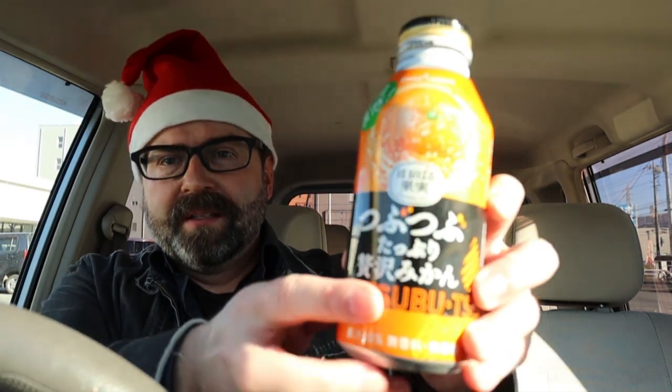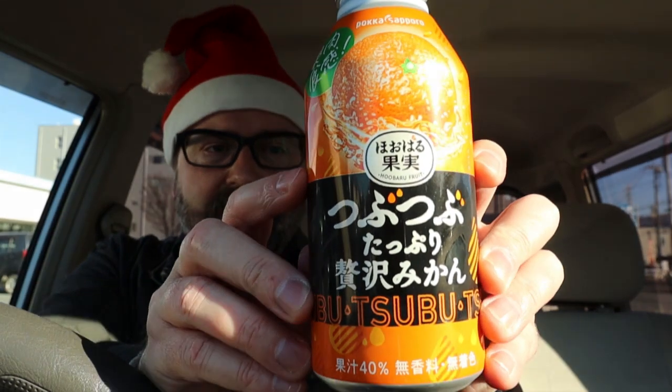Yeah, today I just got the burger. However, since there's no parking at the Lotteria that I usually go to, I come next door, well, down the street a bit, to this drugstore. And while I was in this drugstore, I came across today's beverage. This is the Tsubu